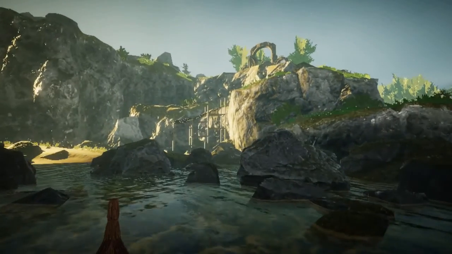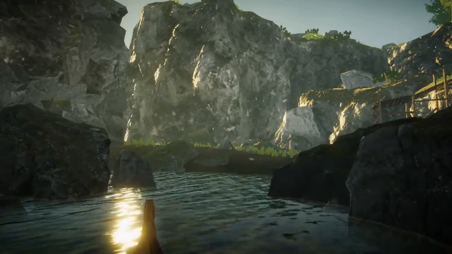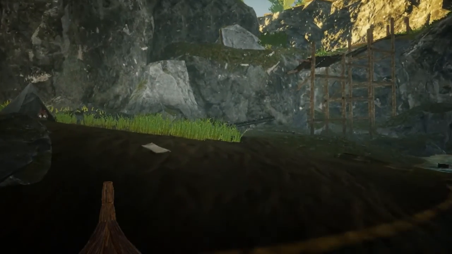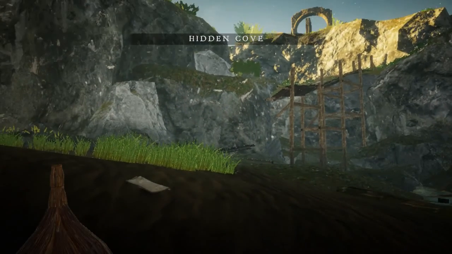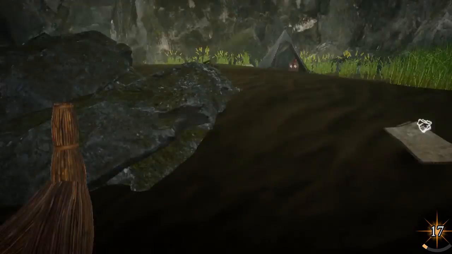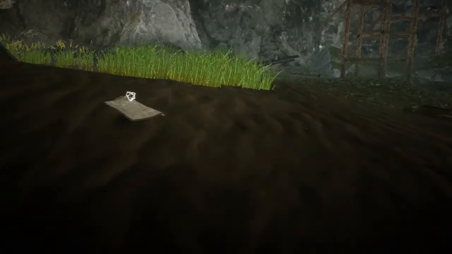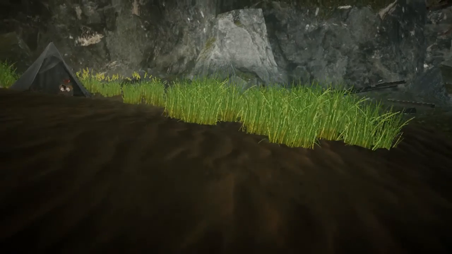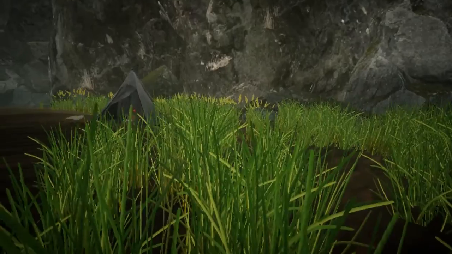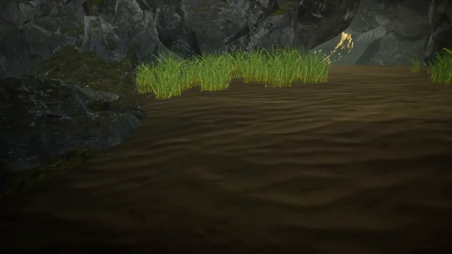Let's see if we can thread our way here through the rocks. We might have to turn off. We can't do it fast enough. And, see, here we are. We've gotten to the hidden cove, and there's someone sitting here, and he looks very upset. So let's see if we can find out what's going on. I don't think we need to worry about the boat right now. This does not look like it's had water in a very long time. So, we got some boards and some...